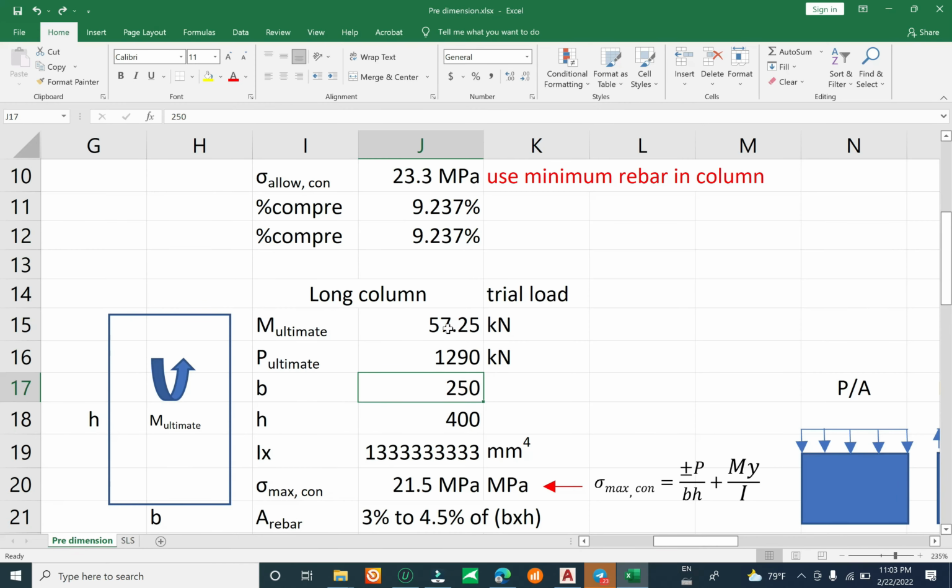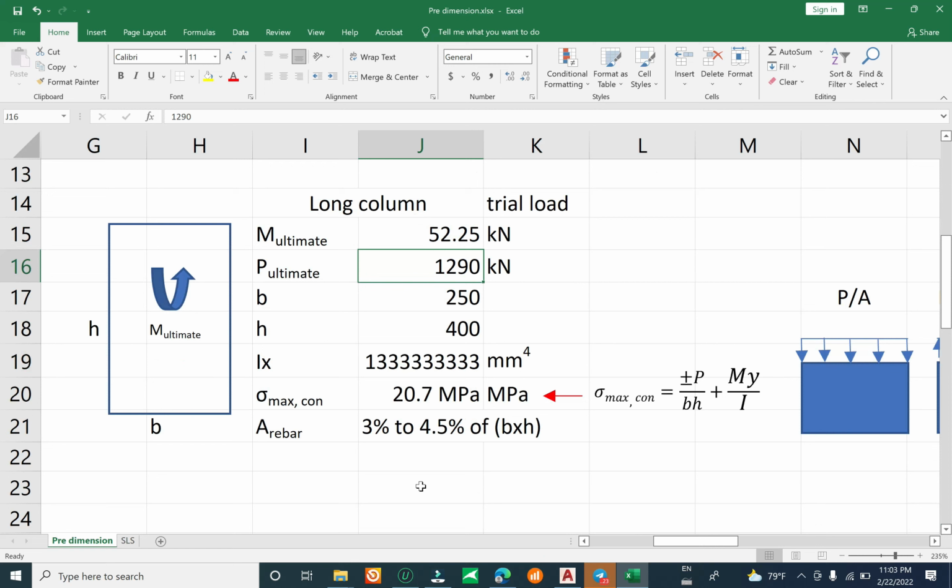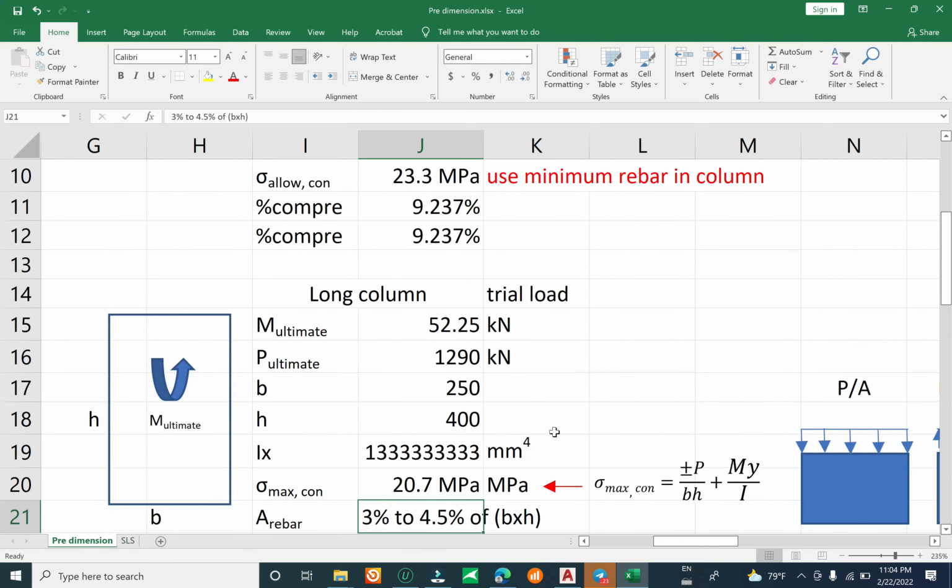Okay, trial section. Sometimes this initial section is less than that. Okay, because we have to check, the input trial section is 20. You get the concrete stress, and for rebar you can take it as 3 or 5% of the cross section, or the concrete cross section. It is a trial method. A trial method. Okay, now we continue to the